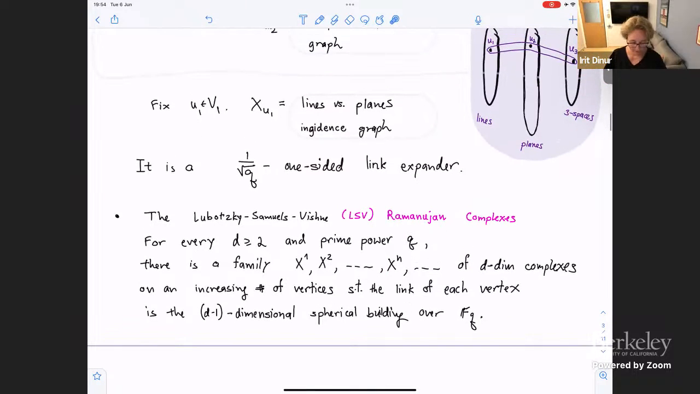Final example is the LSV, Lubotsky, Samuels, and Vishner Ramanujan complexes. I'm not going to describe the complexes. It's beyond my ability. But let me just tell you abstractly what I know about them. So for every integer d, and for every prime power q, you have an infinite family of d-dimensional complexes, such that the number of vertices in these complexes goes to infinity. But in each one of these complexes, for every vertex, the link of this vertex is just the d-1 dimensional spherical